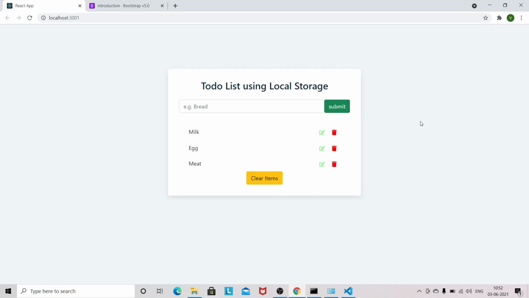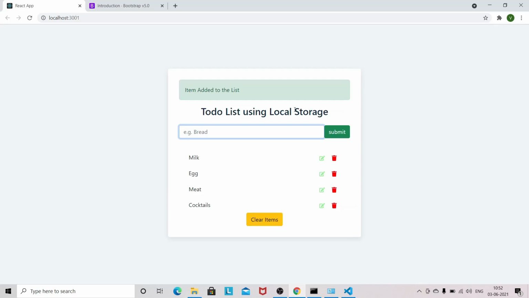In this video, we are going to build a to-do list using local storage. As you can see, I have some items in the list and we can add items. I will add an item like cocktails, and you will get a nice message.